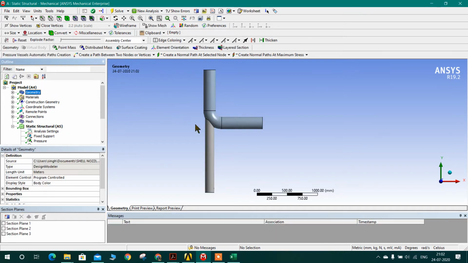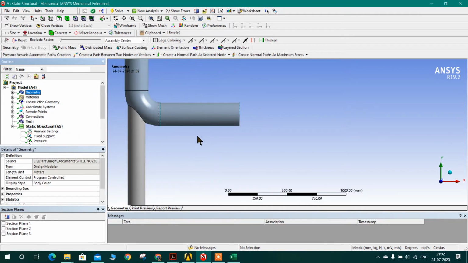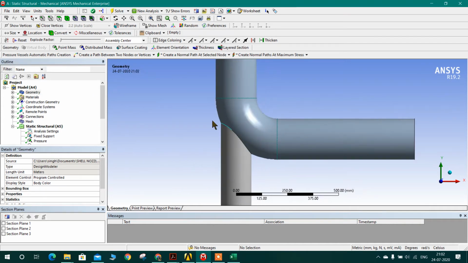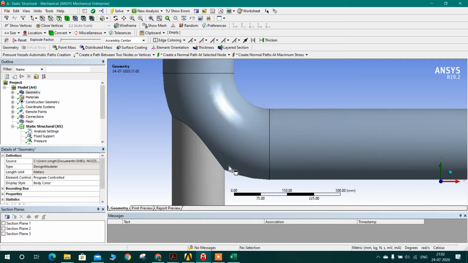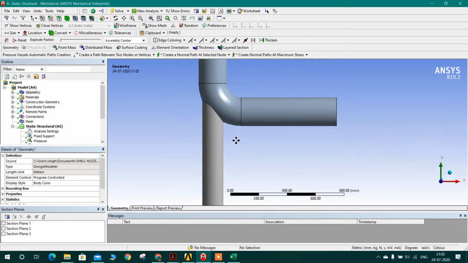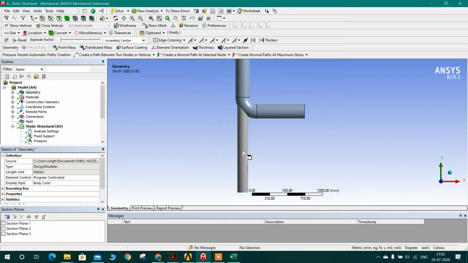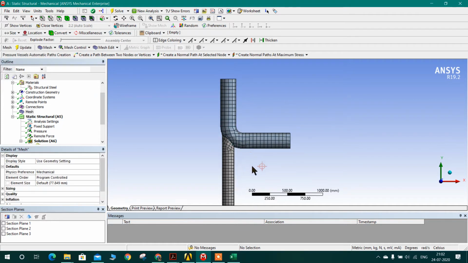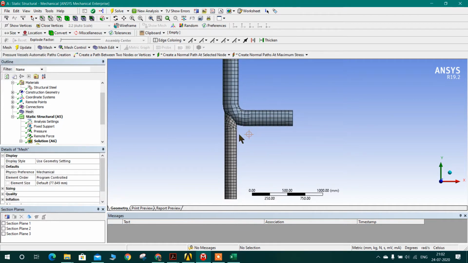My geometry is over here, and we can see that our model is going to have the stress concentration over this region only, which is quite obvious. For my mesh, I have taken a rough mesh firstly, and then I have done the convergence study.